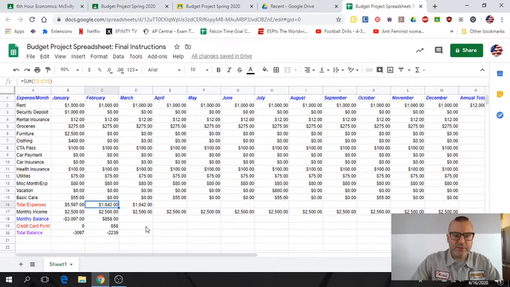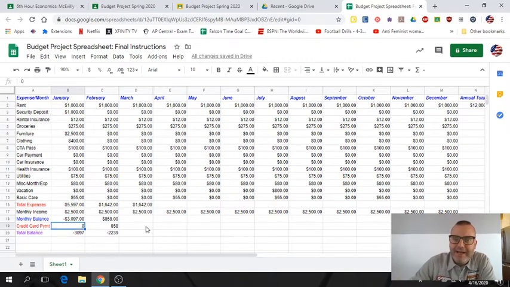Let's go to the first month of the year. If that's January for you, in the way that you've set it up like my spreadsheet, most of you, if you look at your total expenses for that first month, your total expenses should be significantly above your income level, at least twice your income level if you followed the instructions that I've given you. In this first month in my example, I spent over $5,500. My monthly income was $2,500. So what that means is my balance for that one month is I'm $3,097 in the hole for that first month. That should be similar for many of you.